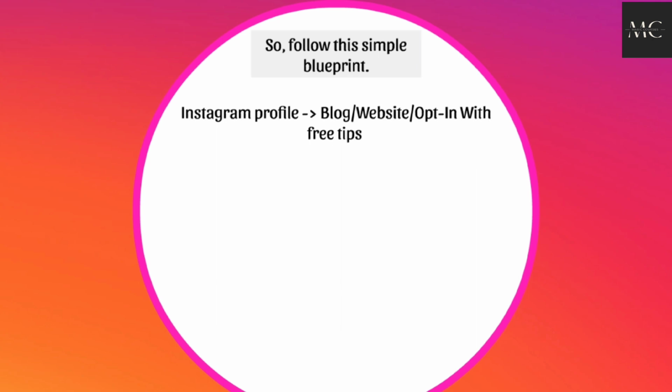But at the end of the day, you can use an opt-in with free tips or a squeeze page to build your list first. Because what I found is that a lot of times it takes 7 to 12 times to actually touch the person, get to know them before they actually buy. So what I mean by touch points means emails. So it could be 7 to 12 different emails after they sign up for a freebie.